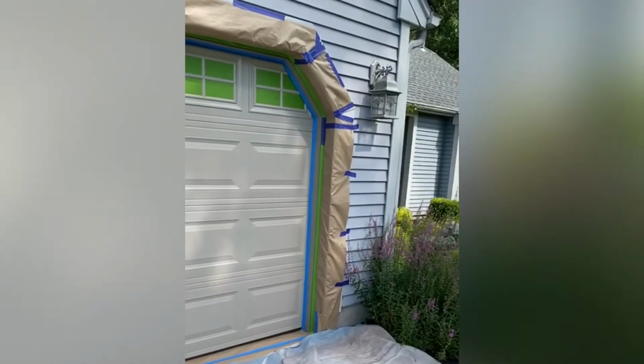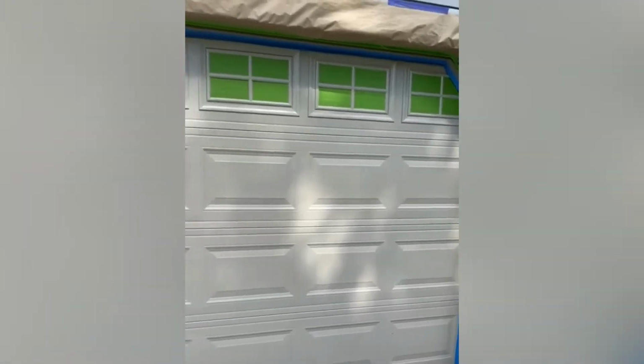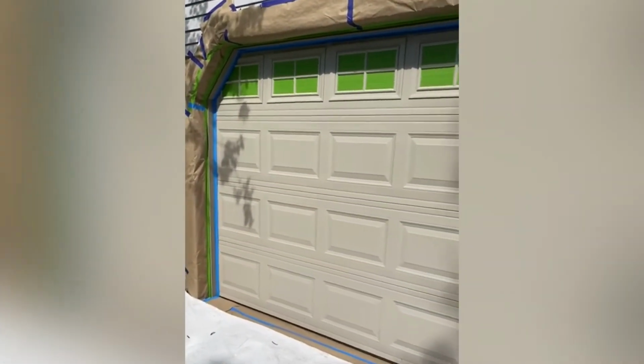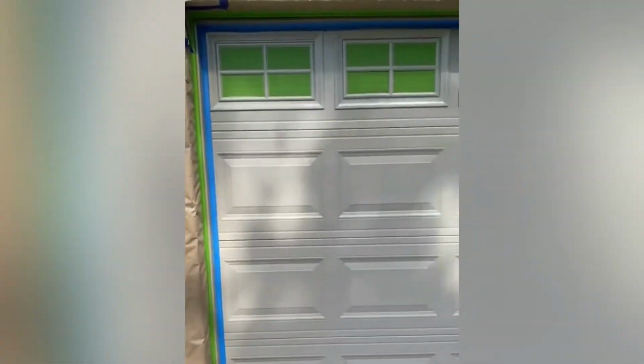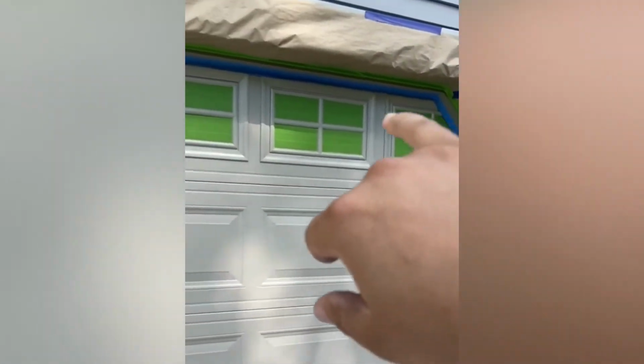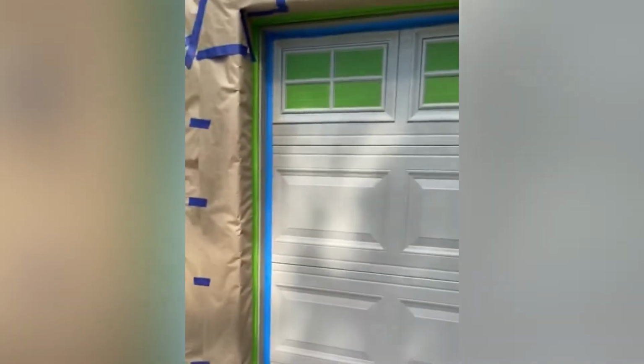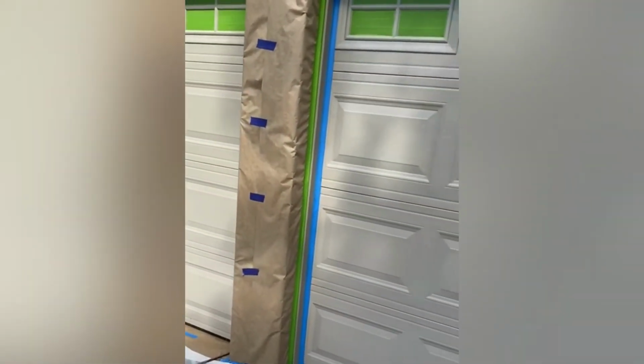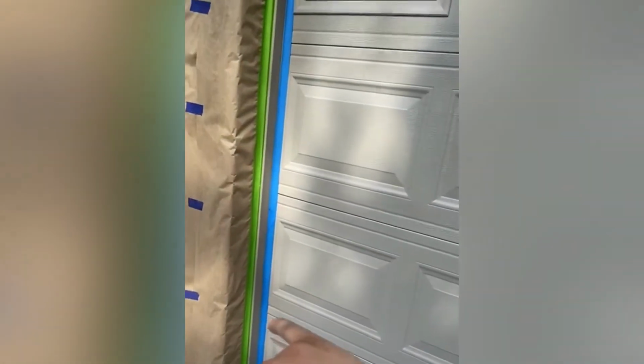We're gonna go ahead and show you guys the finished prepped work and reasons behind why something was or wasn't covered. In this case, all the windows were covered to avoid any overspray hitting them and then spending 2-3 hours cleaning that up. The blue tape that you see inside of it, in this specific